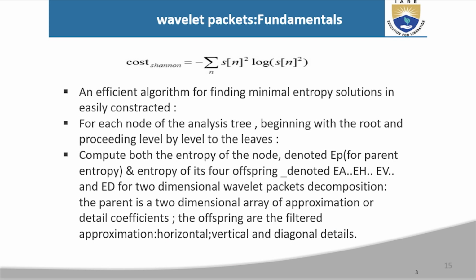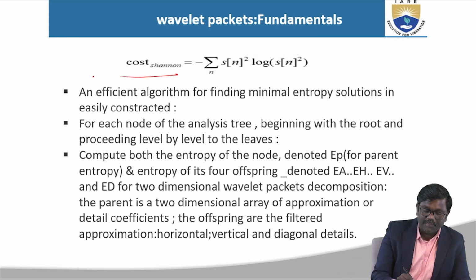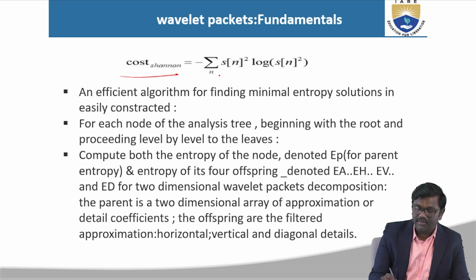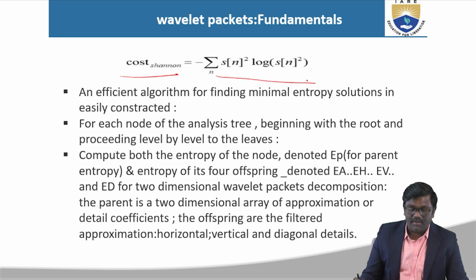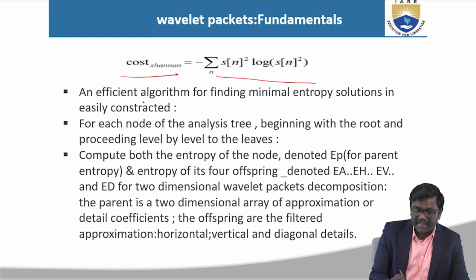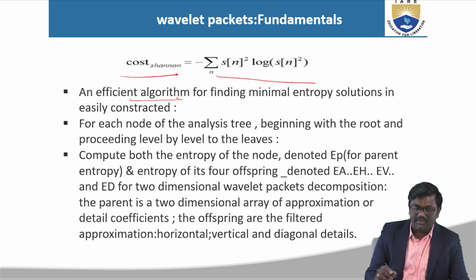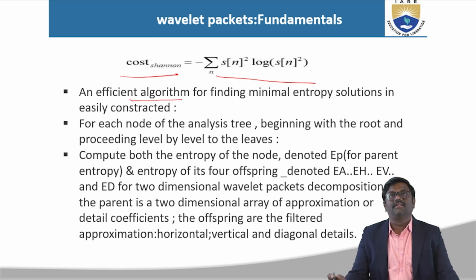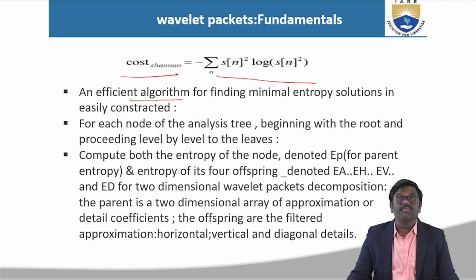So the Shannon entropy cost we are going to find out by taking a mathematical formula, which helps us as an algorithm, that too an efficient algorithm for finding the minimal entropy solution, easily constructed. For each node of the analysis tree, beginning with the root and proceeding level by level to the leaves,